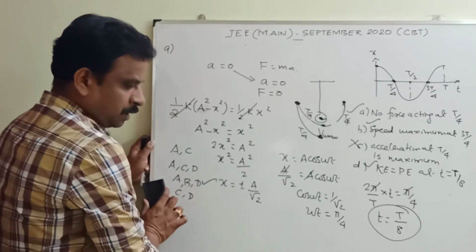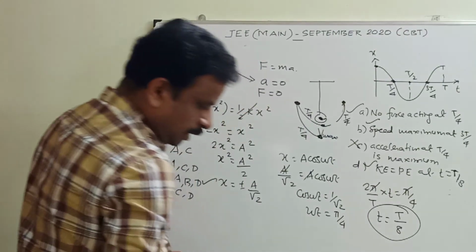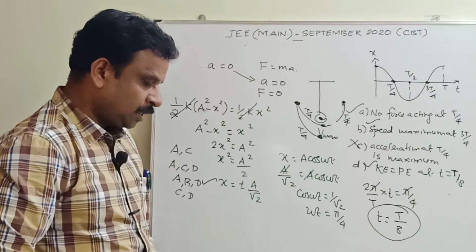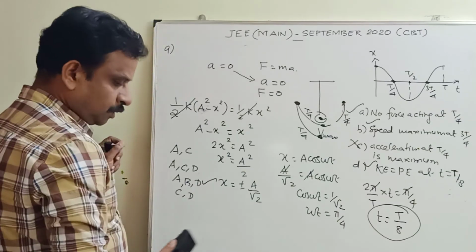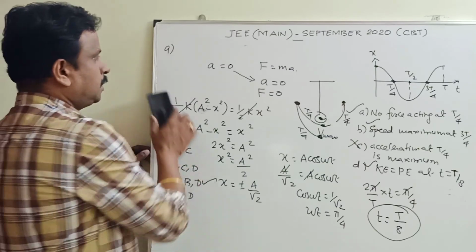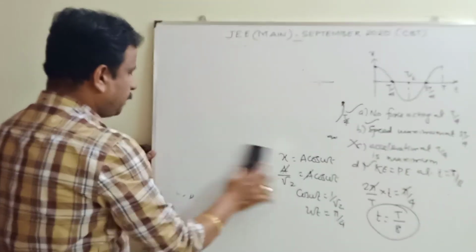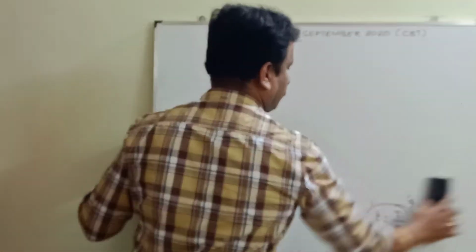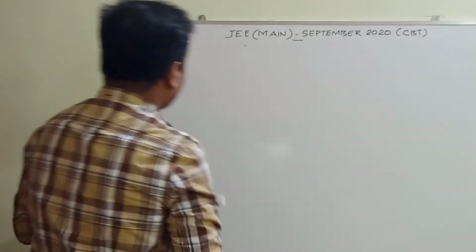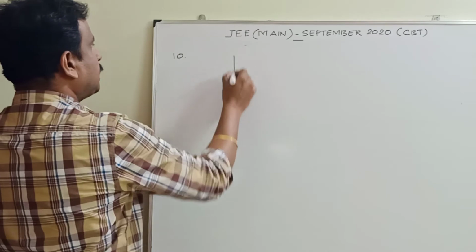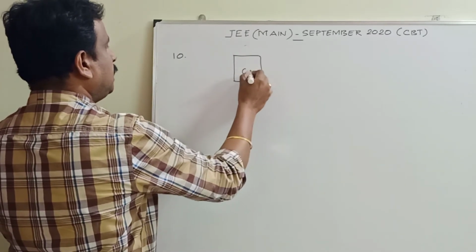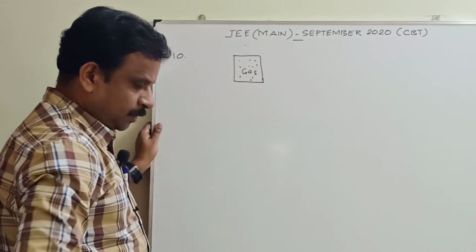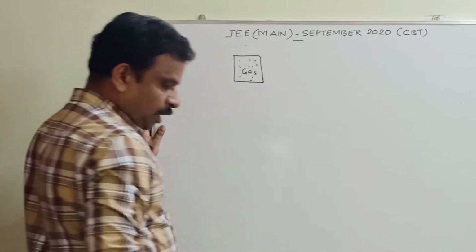Okay, then the last problem, 10th problem. A closed box contains an ideal gas. If the temperature of the gas is increased, which of the following is correct? So a closed container, this is problem number 10. Okay, so let me discuss problem number 10. A closed container having gas, its temperature is increased, so what happens to the following? Your options are